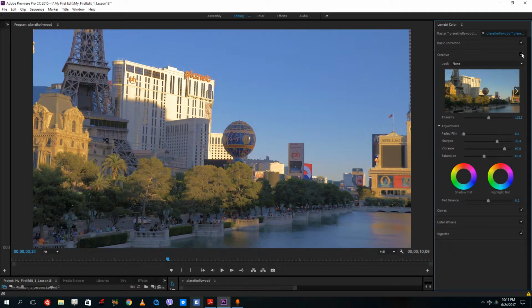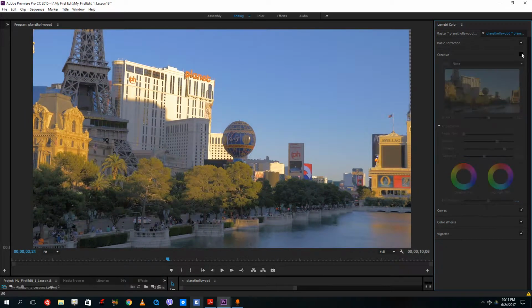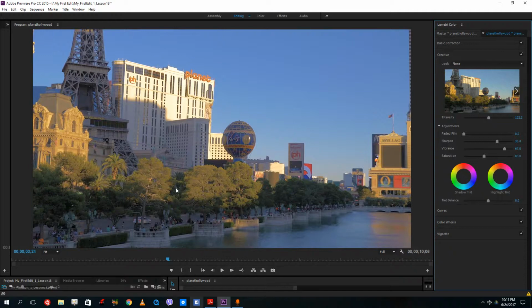So you can see the before and after right here. Before, you can see that the buildings are quite plain. Now if I add it in, you can see that the colors are more rich. Now if I want to give more of a film effect, I can actually give tint to